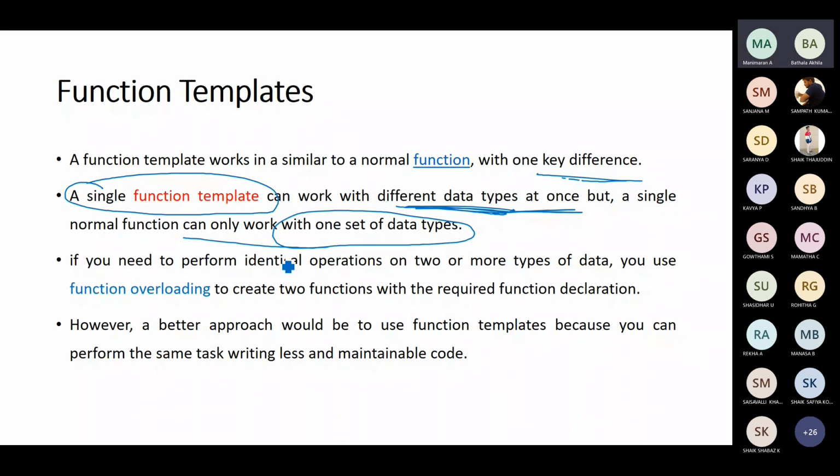Whatever the inbuilt data types we have, everything we can process with it. We will see that one with one example. So now the same thing we have already done with function overloading. If you need to perform identical operations, integer separate, then float, then double, character, all